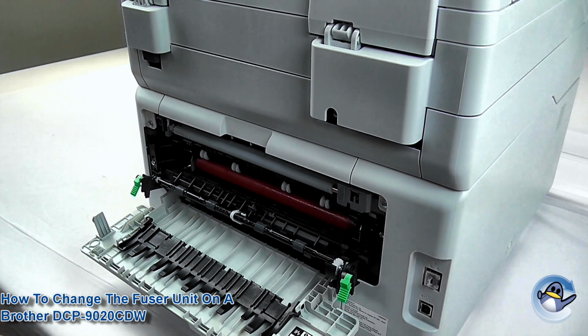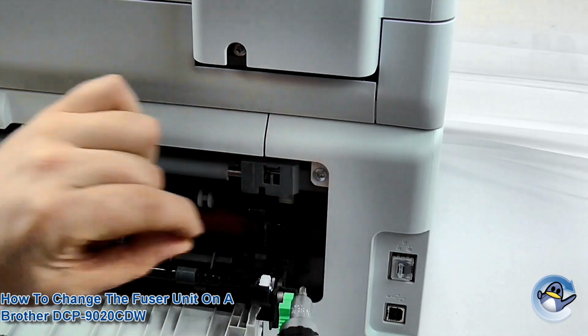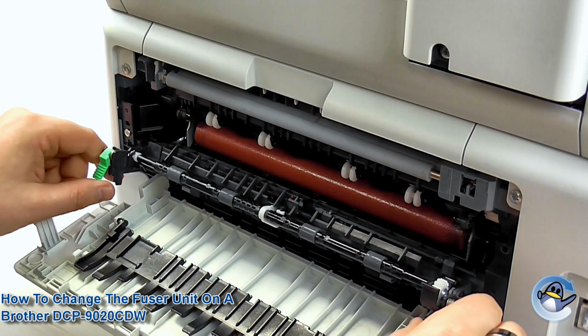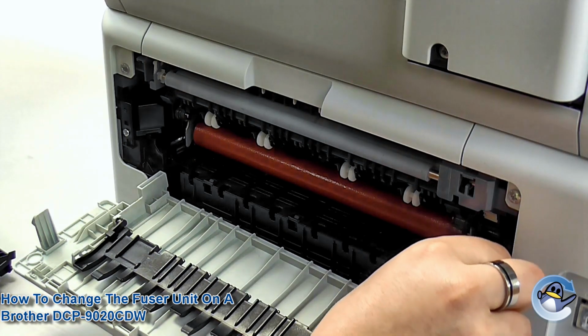From here, on the right hand side, you'll see two screws. The smaller of the screws on the bottom right is the one we need to remove first. Okay, so now we need to remove the rollers. We do this by lifting slightly and pulling from the right, and this removes the roller, and removing this plastic